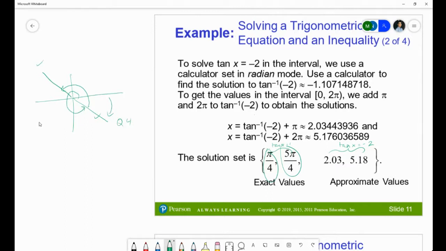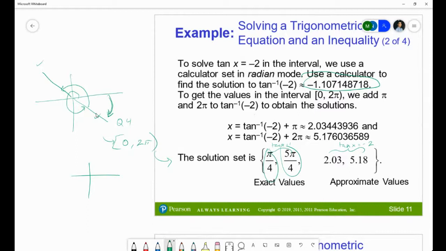I was wondering about that when I was doing homework over the weekend. Can you explain, when we give the answers, does it always must be in a positive rotation? Yeah, because the restriction was from 0 to 2 pi. That's our restriction. This angle right here is not in 0 to 2 pi. It's negative, so it's actually going clockwise. So it's in quadrant 4, but it's going clockwise. So it's not in here. That's the reason why